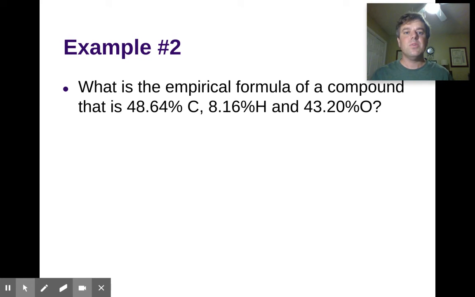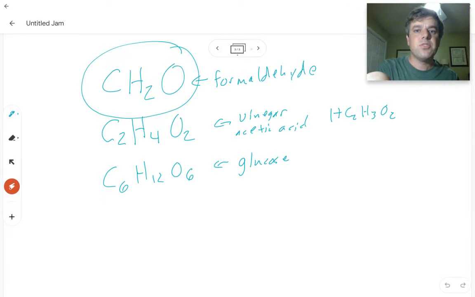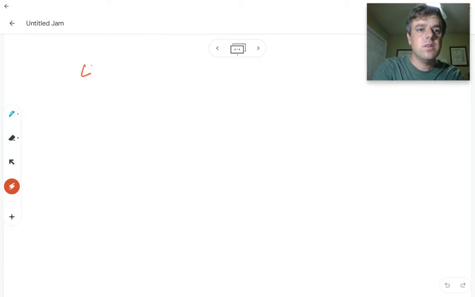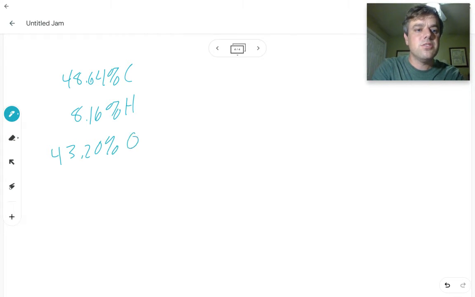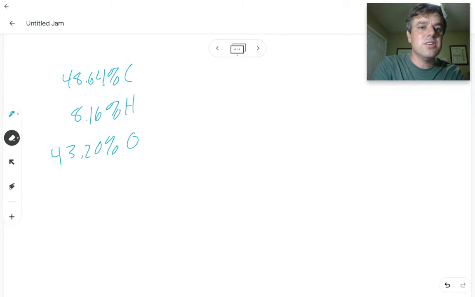I have another example. If we have a compound that is 48.64% carbon, let's see, it is 8.16% hydrogen, and it is 43.20% oxygen. The first step is if we have 100 grams, then these percentages will magically become